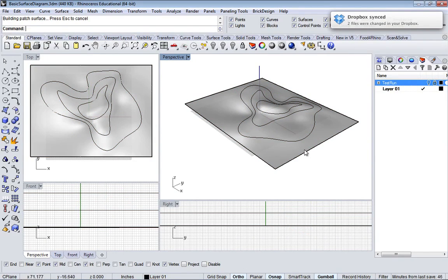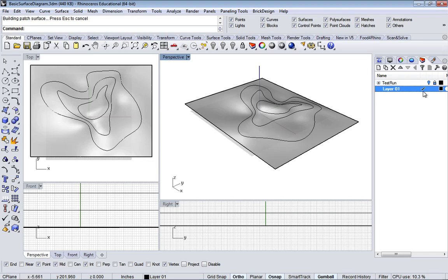Okay, so now what we need to do is organize ourselves. We talked about our layer. So click on the layer. It's the pie-shaped thing. When we have a layer here and it has a check mark, that is the layer that is currently active. So any geometry that you're going to create is going to be built on this layer. You'll notice up here that we have a light bulb that turns visibility on and off, and then this lock here that turns on and off